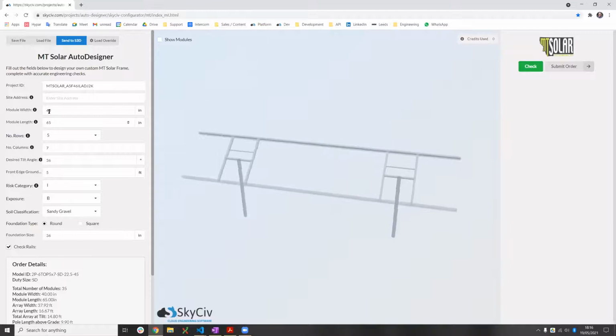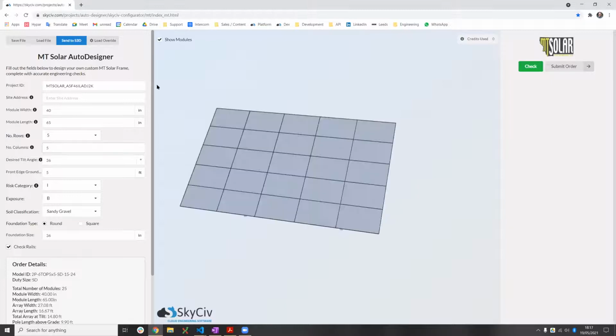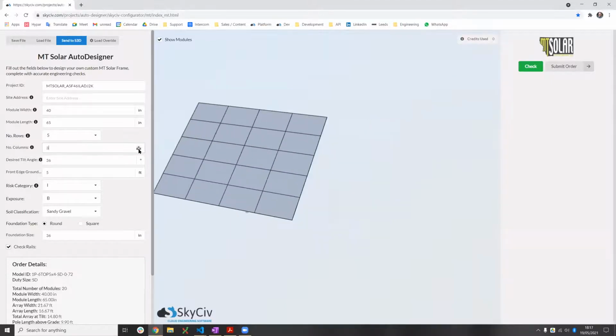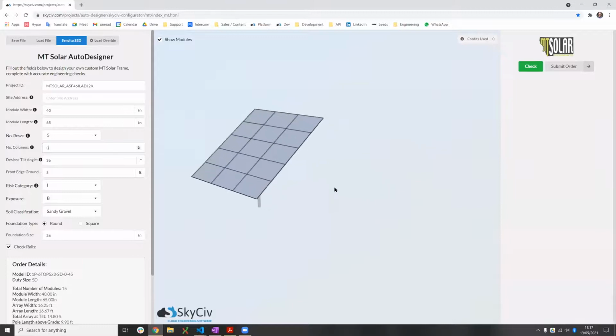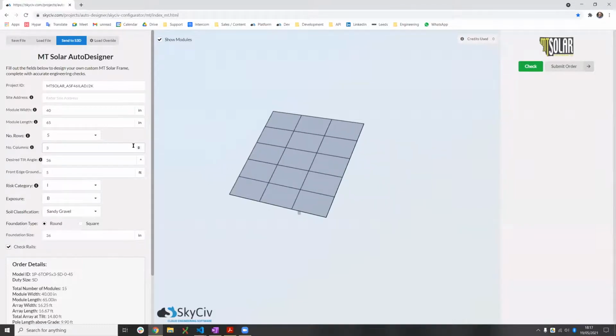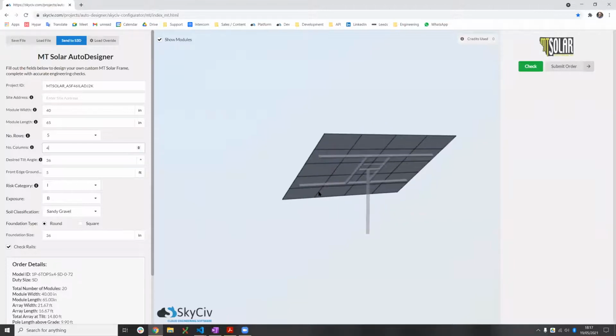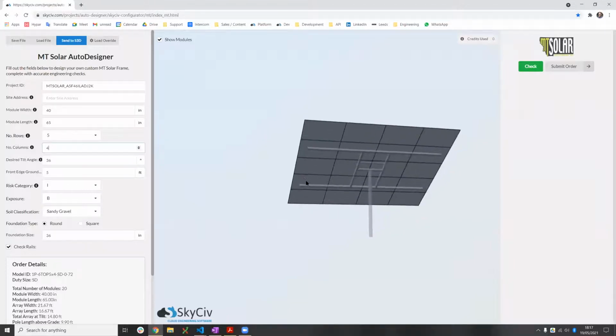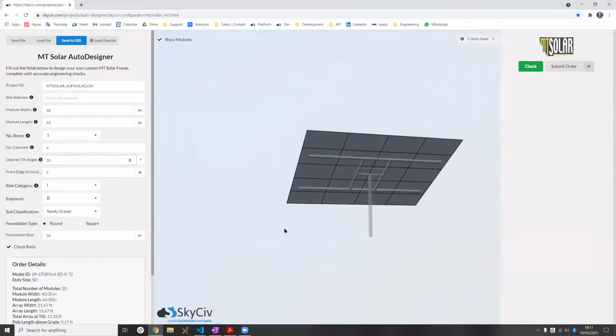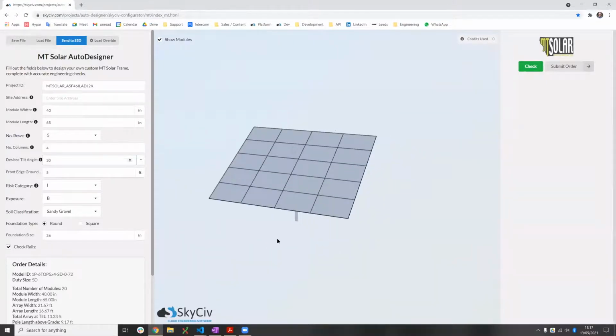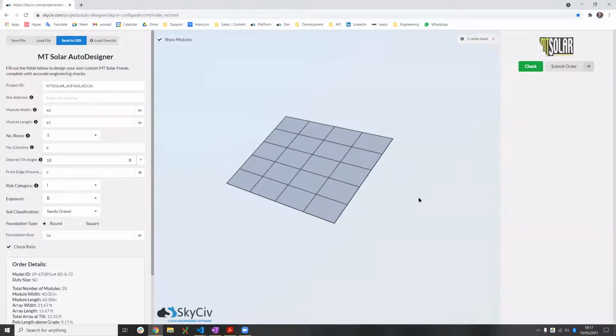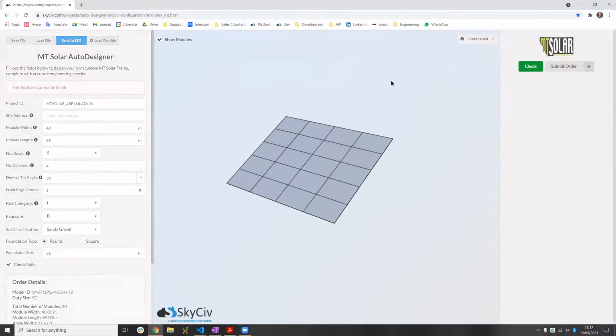So what they can do with this is basically change their structure. They can change the number of solar modules, and the structure behind it will automatically update to give them the structure necessary to hold up those panels. They can change various parameters of this model, and it will create everything for them. Then they can send that to the SkyCiv platform for checking. So if we just enter a site address,